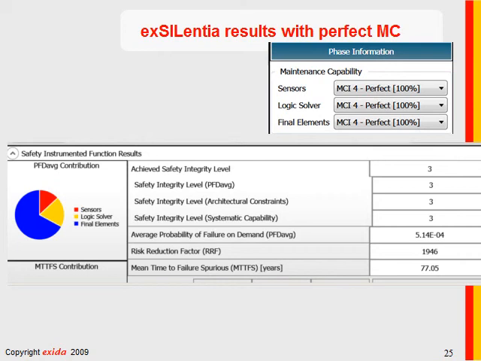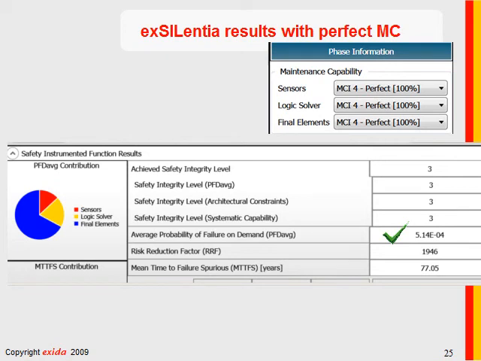And I set the maintenance capability to perfect. Our maintenance is 100%. Now, this effectively allows the tool to ignore maintenance capability. Take note that without changing any other variables, I got a PFD average of 5 times 10 to the minus 4 for my given set of parameters.